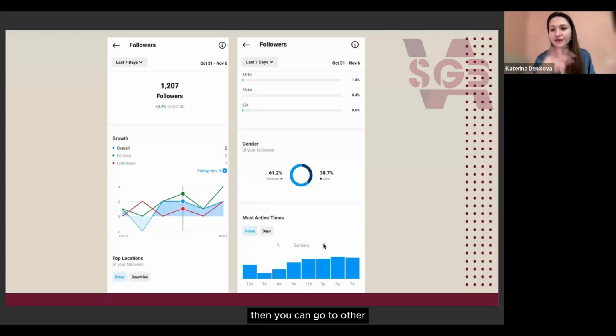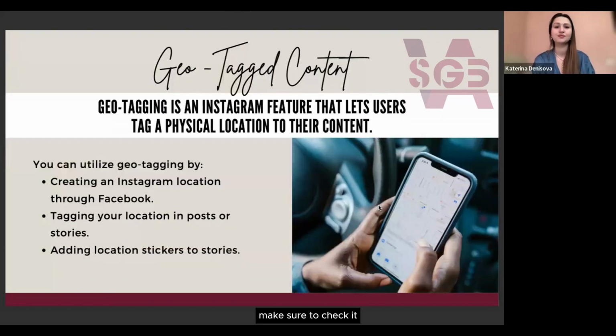Then you can go to other weekdays and Instagram will show you statistics all around the week. So you can choose the perfect timing for every day of the week. And sometimes the audience is more active in the daytime, sometimes in the morning, sometimes in the evening. I would say that on the weekend, the audience is more active at the end of the day, and on working days, more active at the beginning of the day. But it depends on each account. So if you have never seen the statistics, come to your account and please make sure to check it.